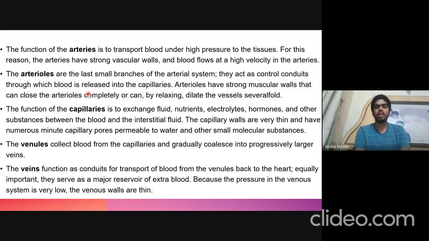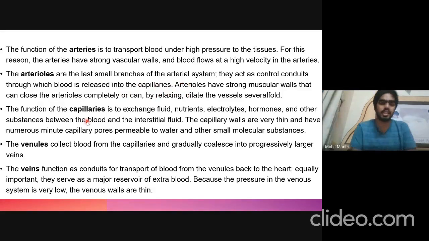So this arteriole, by controlling its muscular wall, and thereby the lumen, can either completely close the blood flow or allow the blood flow into the capillaries, and can also dilate or relax itself to increase the blood flow. Most of the capillaries are closed in many tissues, and only when an excess amount of blood is required will this arteriole relax and allow the blood to flow through these capillaries, and therefore they can regulate the blood flow.